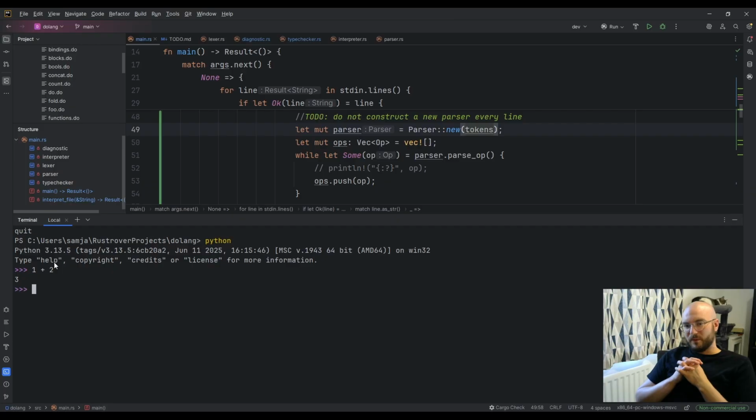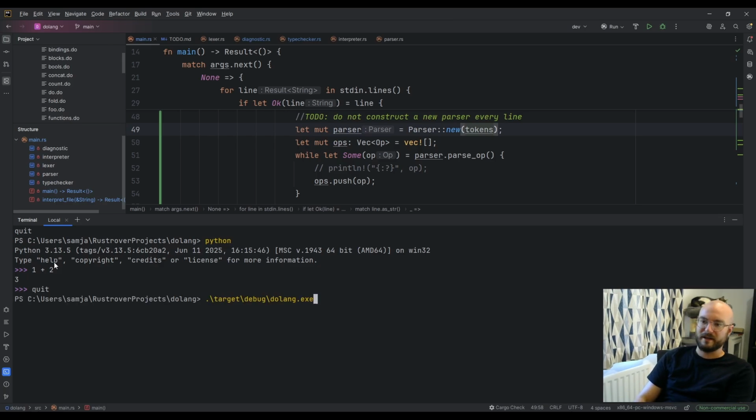I don't think we would want that exactly. I think what we would want it to do is to print the stack. So if you were to do 1, 2, it would print 1, 2. And if I do plus, it would print 3. And if I was to do 4, it would print 3, 4. You know? I think that would be nice. Then it would be nice if it's clear what was input and what was output. And then I think we have a REPL.